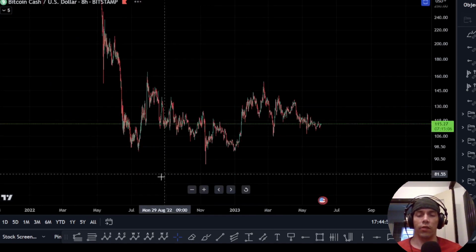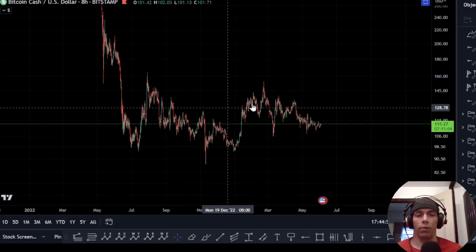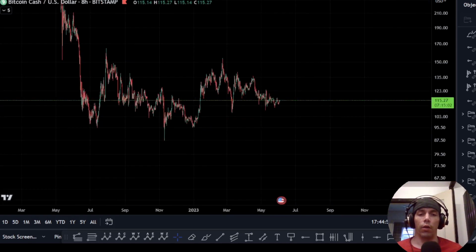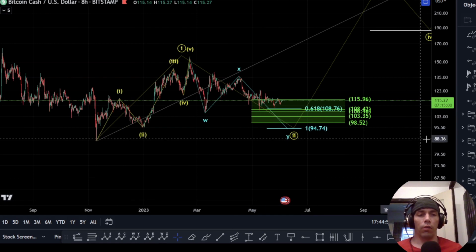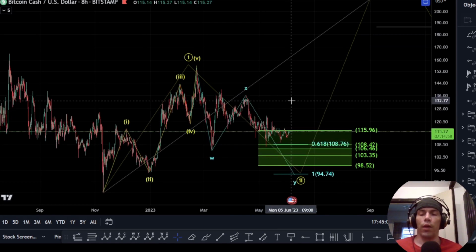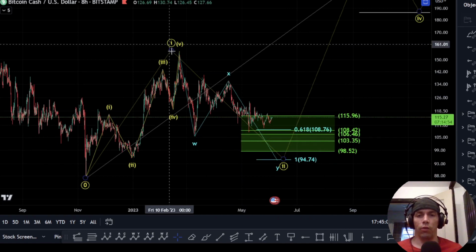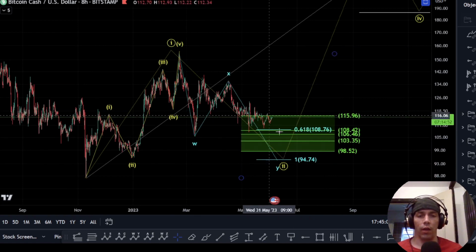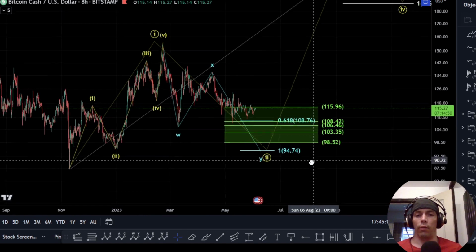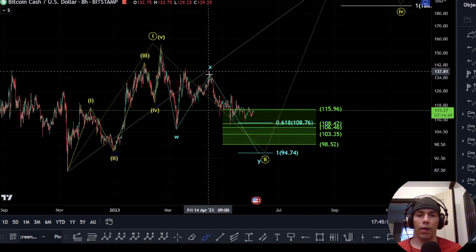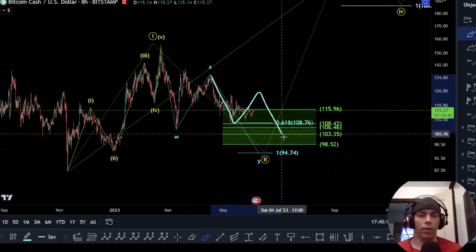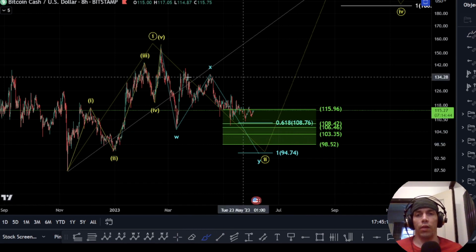Now, we did also discuss in the macro video the possibility that we could see a break to the upside here. What we'd be looking for within this is we'd be effectively treating this move as a wave 1. If this is the case, then we'd be looking at this as the potential of a B or W, an X, and a Y for this wave 2. Now, what we'd be looking for here is the same idea. This is A, this is B, this is C,